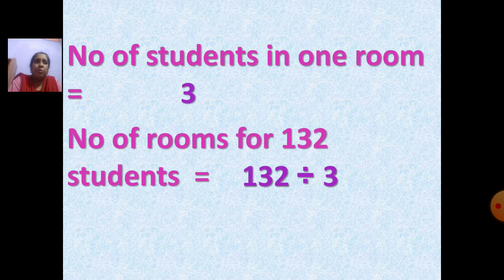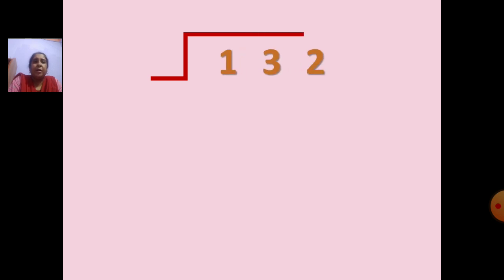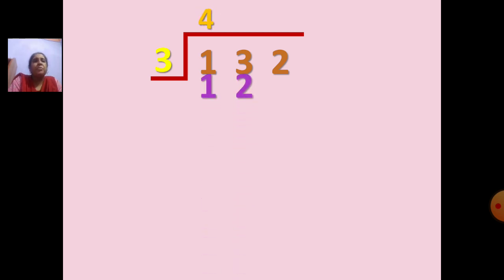So now you are going to do the working. You will draw the line. Write 132 divided by 3. Here, in the hundreds place it is 1. 1 is small, 3 is big. You cannot divide, right? So you can take the numbers together. Now you have to say the table of 3. Which number will come less than 13 in the table of 3? 3 ones are 3, 3 twos are 6, 3 threes are 9, 3 fours are 12. Now 12 is very close to 13, right? So you will take 3 fours. 4 up, 12 down.